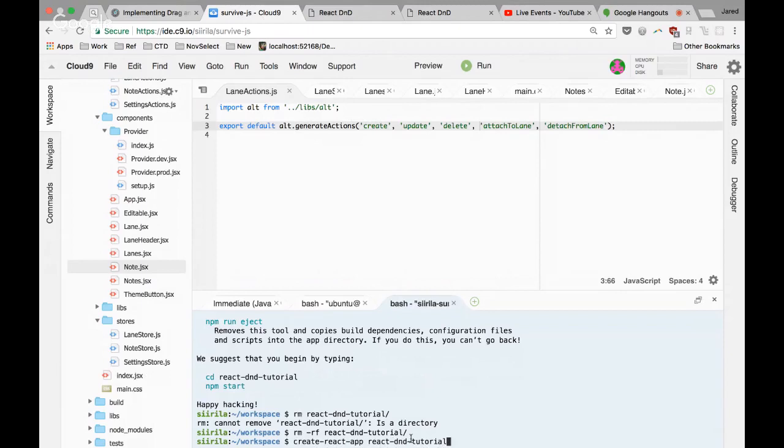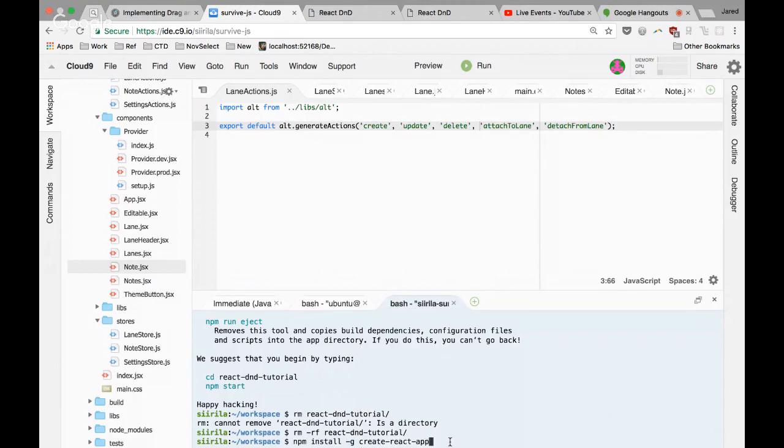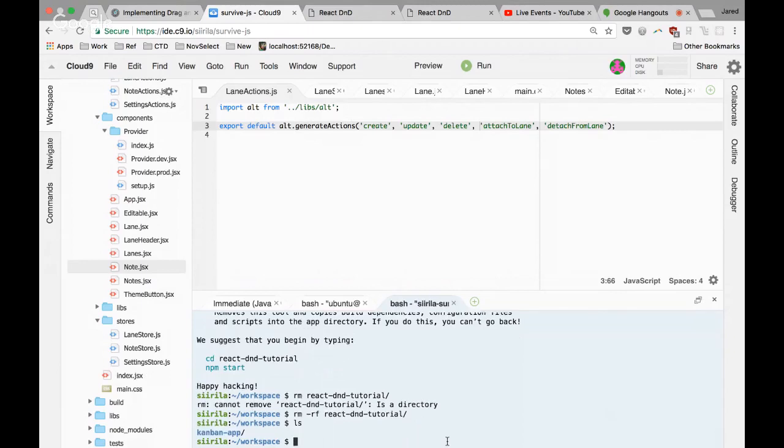You'll see I've got an npm install -g, which is a global install for npm, of this Create React App tool. If you want, you can go read on Create React App, but once you have that installed globally, it exists at your command line, just like ls or any of the other commands. So then what we can do is just use Create React App